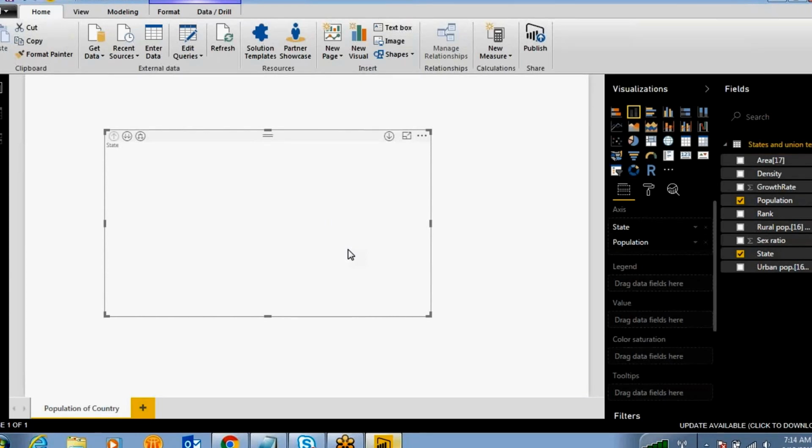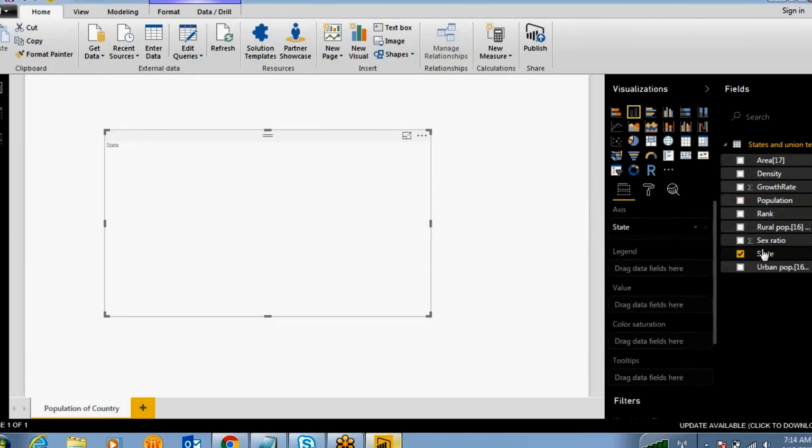So what is happening? Why is it not displaying the data here? Because it is not identifying the data automatically. Also, when you are selecting this population state, automatically this population is coming under axis. Which axis? I want to cancel it from this axis. So the population I want to take under the values field.